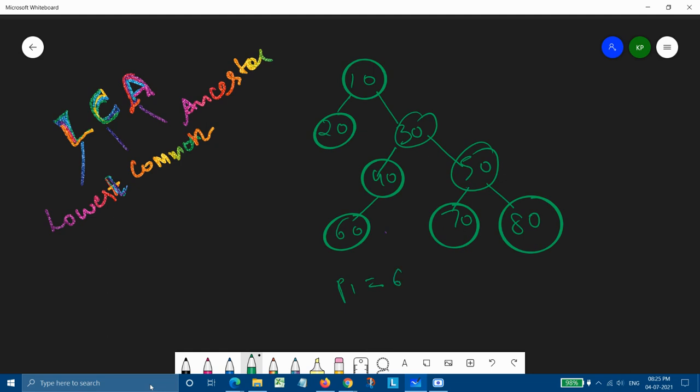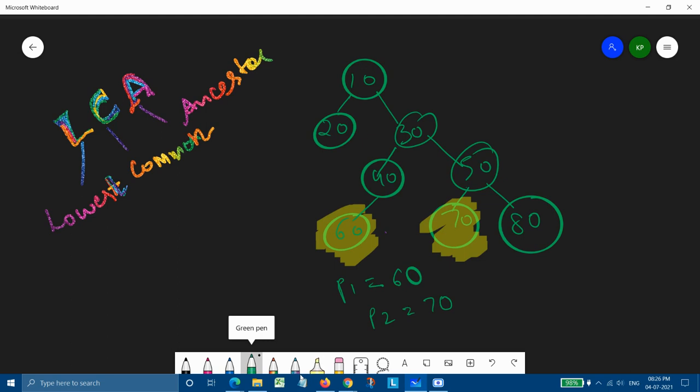One is P1 which is equal to 60 and one is P2 which is equal to 70. So we need to find out the LCA of both of the nodes. So our P1 is present here and our P2 is present here. Both are part of the same subtree, but they are in different nodes.